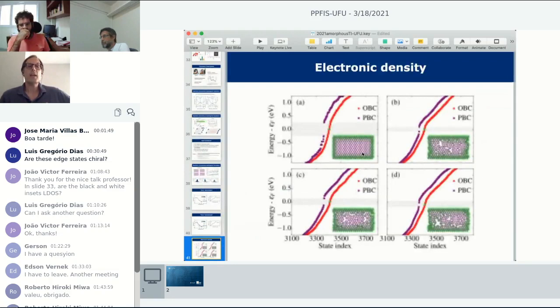And this is the same as before, right? So this is a graph like, I think, it was Edson who asked me. This axis here is the state index, the number of state, and this is the gap. And then if you take one of these guys here, you see this nice state, and it's concentrated at the edges. If you take one here, you see it's concentrated at the edges. And this guy here is more interesting. No, see, everything is boring. No, this is more interesting.